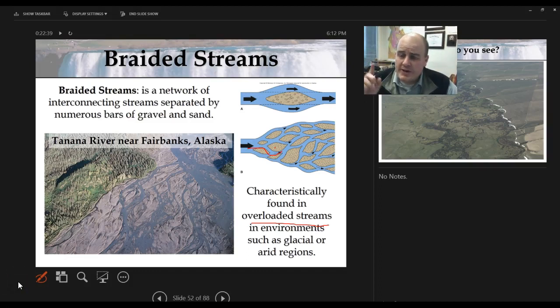Okay, so we've talked about straight streams, which tend to be in places where we're far from base level. We talked about meandering streams, which tend to be in zones of transportation. We talked about braided streams that tend to be in areas of deposition, or often in the lowlands, or in places where you have a change of velocity. Okay, so they can be in multiple places, but often because of the change of velocity or change of sediment